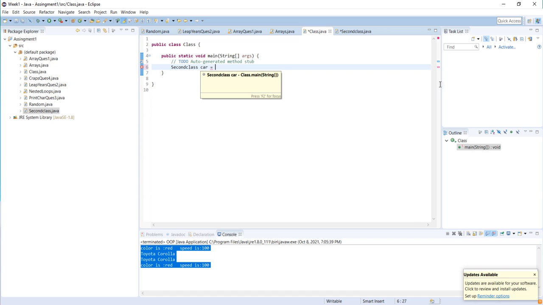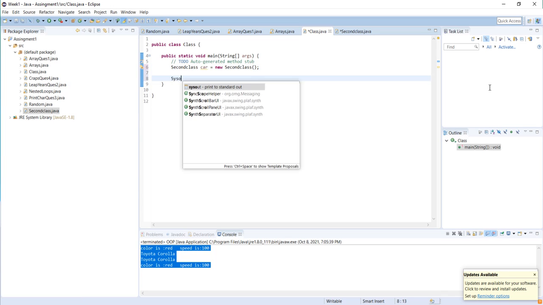And then I'm gonna create a class instance. Like we have already discussed before, we can create an instance of a class by using the new keyword and writing new second class.